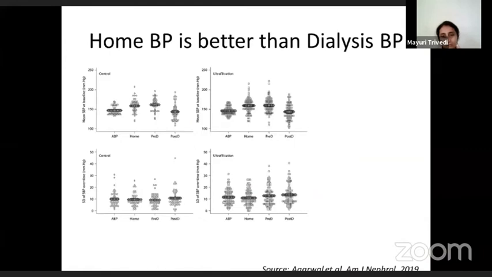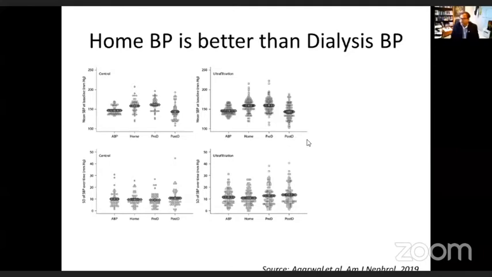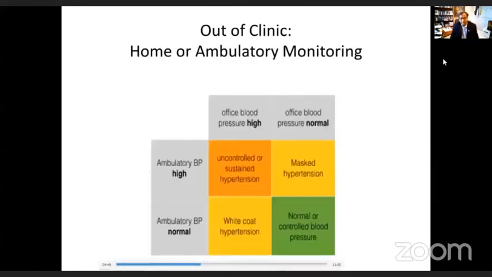And that's why home blood pressure is way better than measuring dialysis blood pressure. So ये राजीव अग्रवाल है जो he's an Indian nephrologist, he's in Indiana, और उन्होंने blood pressure dialysis से सबसे ज़्यादा studies उनके हैं, and here he shows that measuring blood pressure at home is better than measuring it in dialysis. And there are many reasons why.